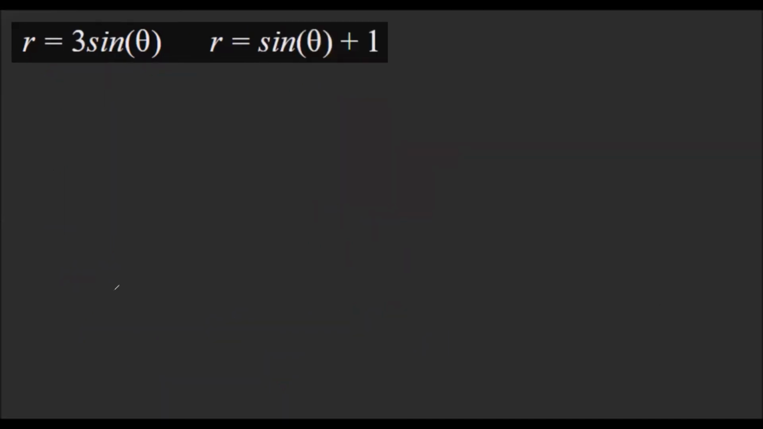Okay, so this question is a bit more difficult than the one prior. We're going to start off by setting the functions of each equal to one another to see where they intersect. So we're going to say that 3 sine theta is equal to sine theta plus 1. Now we can subtract sine theta from both sides and divide each side by 2. So we end up with sine theta